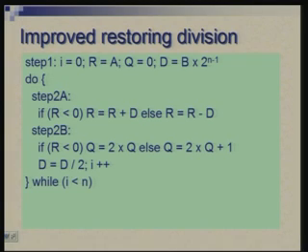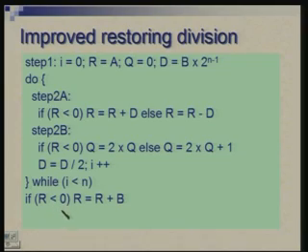Earlier there was a possibility of one addition and one subtraction both in the same iteration, and they had to be necessarily done in sequence. Now, with some modification we can actually coalesce these two steps. But one important thing is that since you are postponing your restoration in the last step, if no more iterations are left, you may still have a pending restoration. So, a final adjustment may be required here. So, I am adding a step there. At the end, if R is negative finally, then you would need to make a final correction.